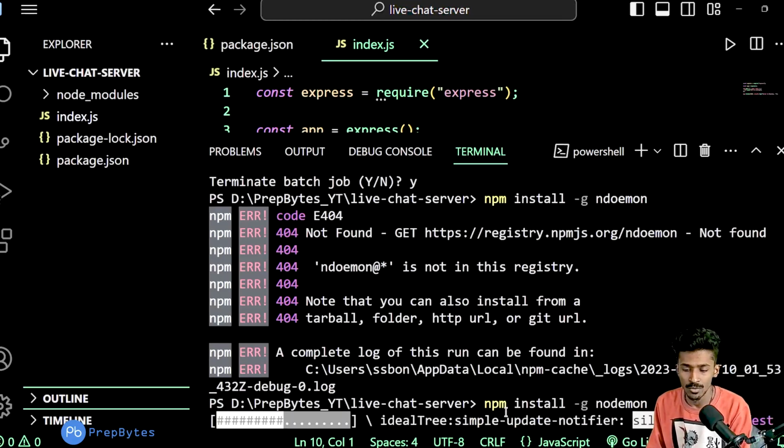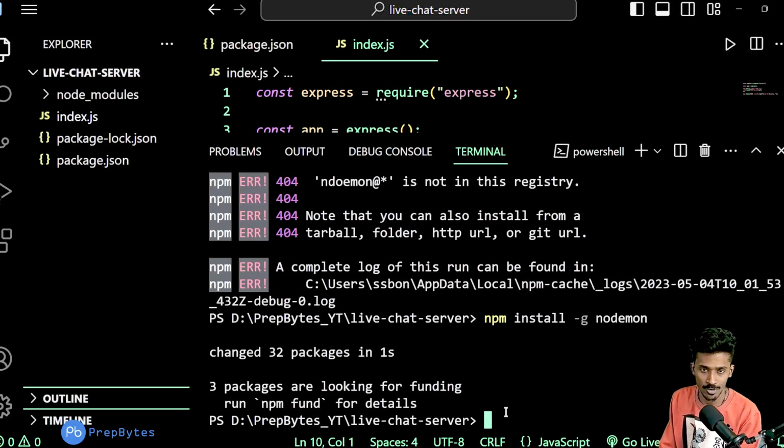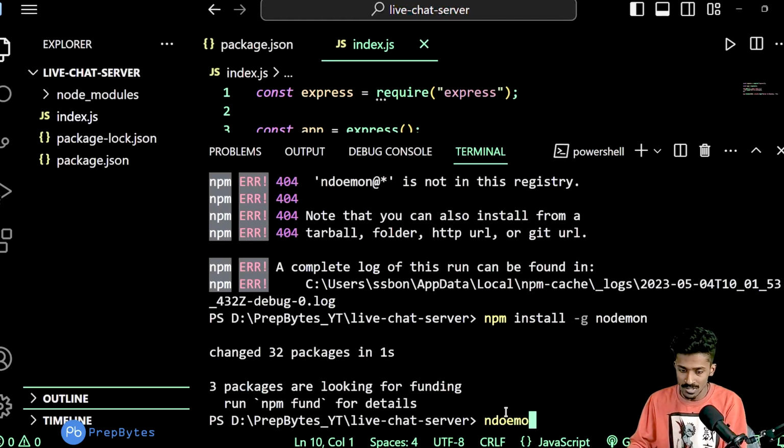Okay, so what I'm doing is installing this particular package called nodemon. The best thing about it is that it automatically reloads your server. It kills the server and opens it back up again every time we make a change. So it makes backend development a bit easier, because you don't need to worry about running npm start every time you make a change. If I want to launch my server, I can now run this command, which is nodemon